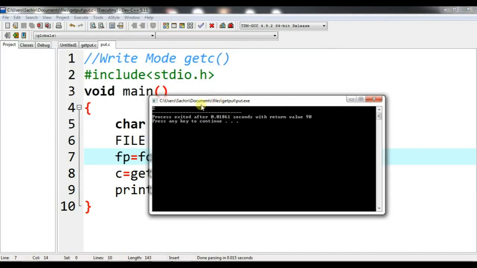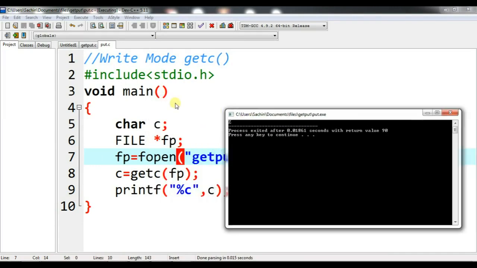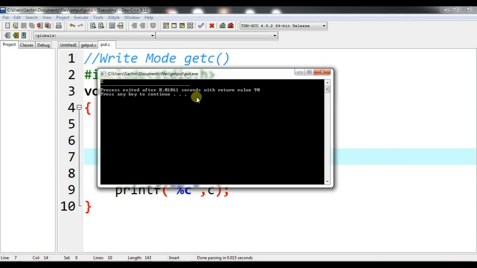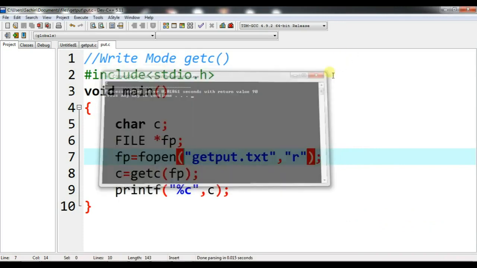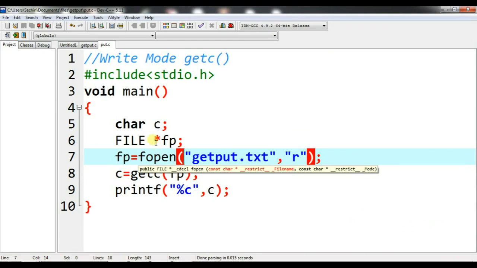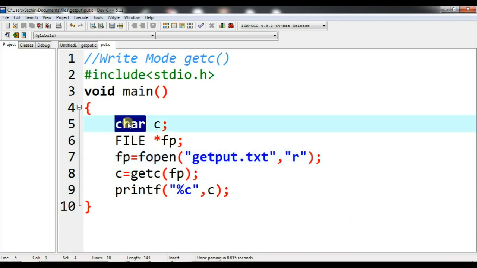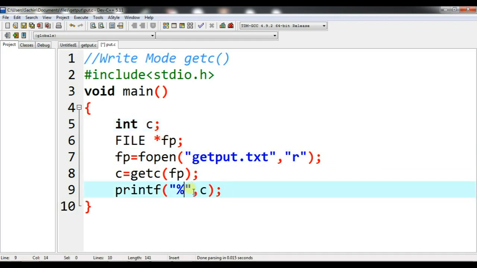So what is the output? The z has been printed. How was this z printed? From the getput.txt file. The z has been printed successfully. Now we may get a doubt here. What happens if I declare this as int? Let me keep it as int c, and change the format specifier to %d.